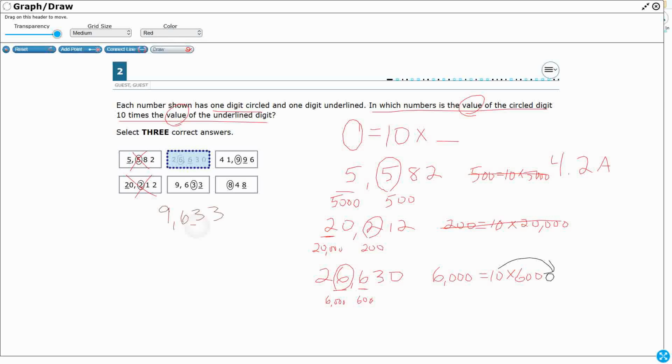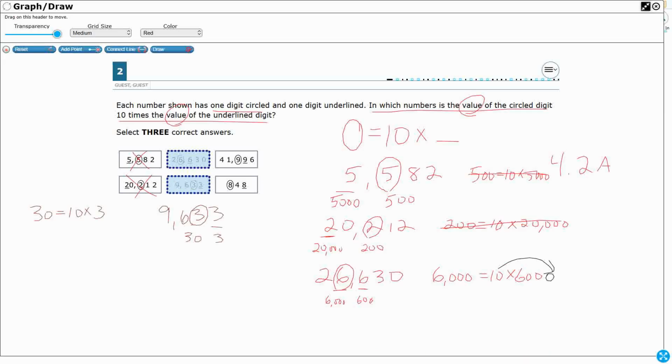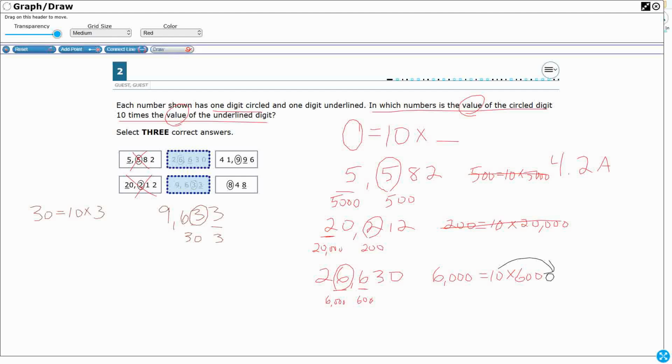9,633, circle, underline. So the circle is worth 30, underline is worth 3, so I can say that 30 equals 10 times 3. Yes, that definitely works when you see it like that. So I got 2 of them correct. So one left. Let's do